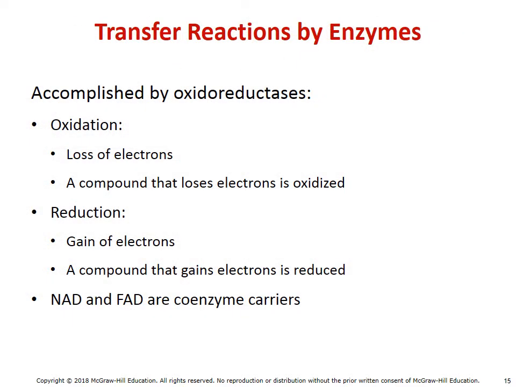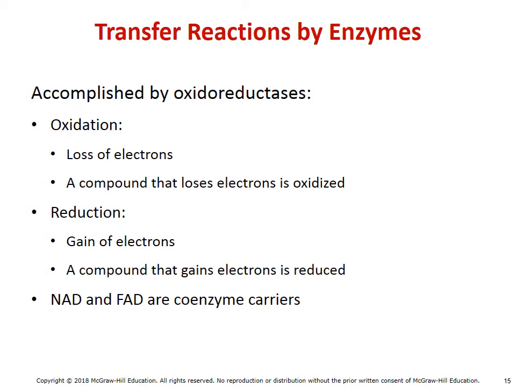So transfer reactions by enzymes often require the movement of electrons. And so again, that would be accomplished by that group, the oxidoreductases. But we should really remind you of what oxidation and reduction are. We said it before, but it's important to remember that oxidation is the loss of an electron. Ultimately, that oxidized thing now has a positive charge. But if we move the electron to another substrate, it now gains a negative charge, making that overall charge now